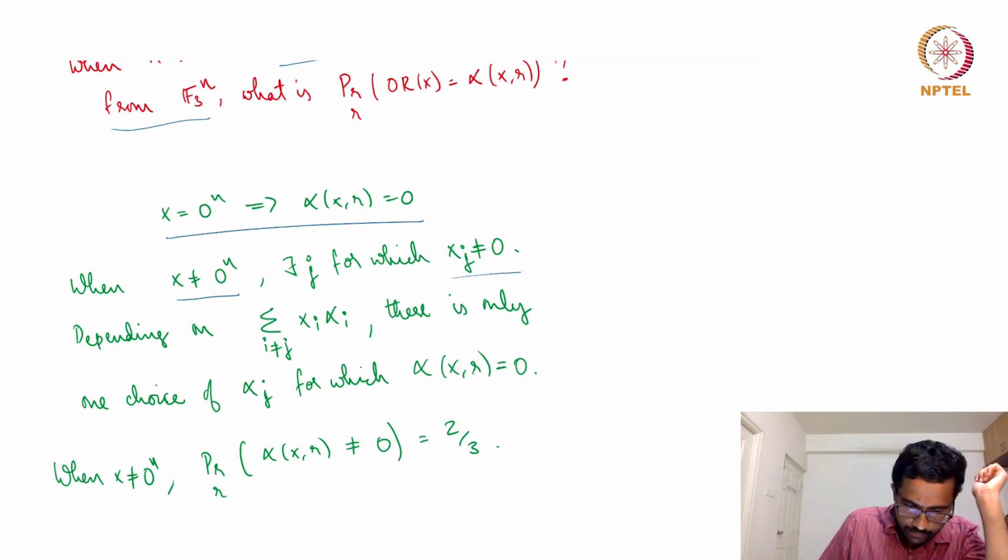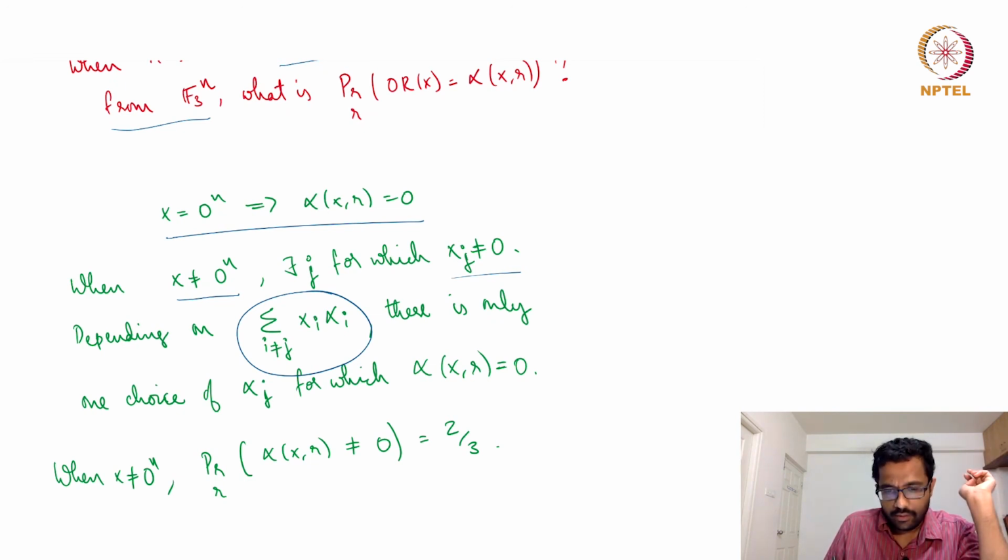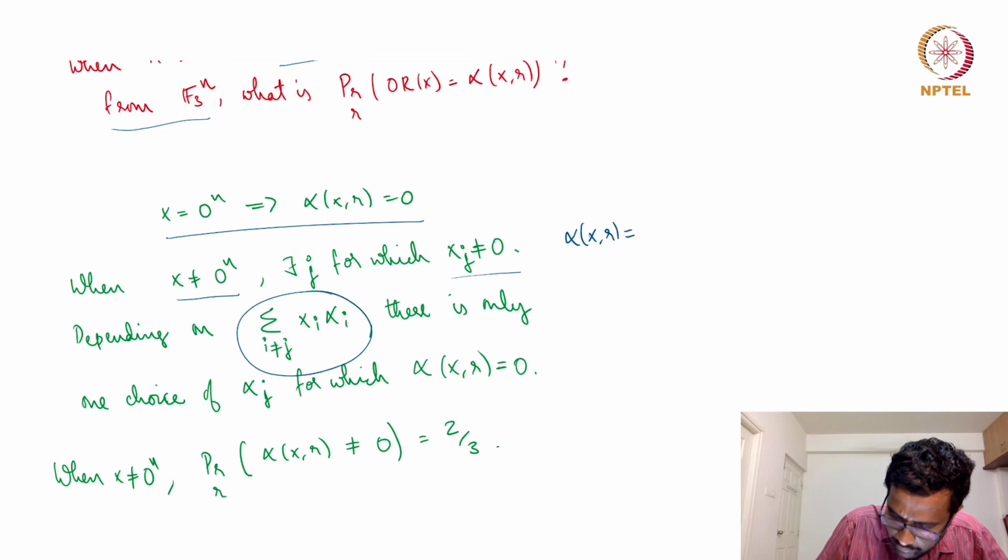So you look at this sum, and we know x_j is not 0. Now which r_j will make the whole sum 0? What will happen to the whole sum can be changed just by changing the value of r_j, right? For instance, if the rest of the terms sum up to 1 and x_j is equal to 1, if r_j is 2, then the whole summation is 0, right? So in other words, maybe I'll just write it here. Alpha is the sum of everything else, i not equal to j, x_i r_i,